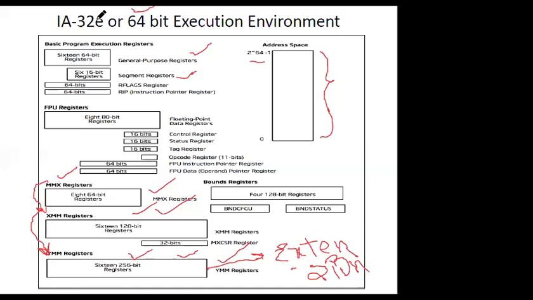So we were discussing the architecture of IA32E, which is a 64-bit execution environment and the extended version of IA32. So these YMM registers come into picture when we are operating in the IA32E architecture, and this register set is extended to 64 bits, or the next 32 bits are used only if we are operating in this 64-bit mode. Remember, the hardware is designed for this processor to be executed in a 64-bit execution environment also.